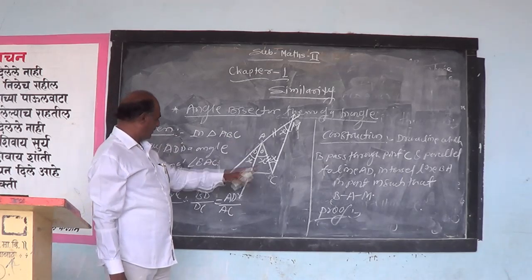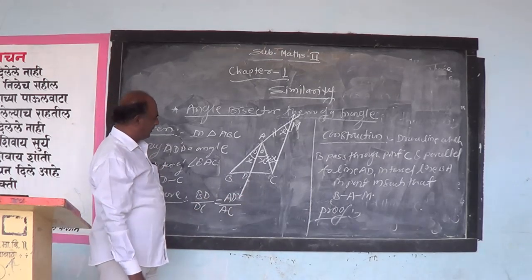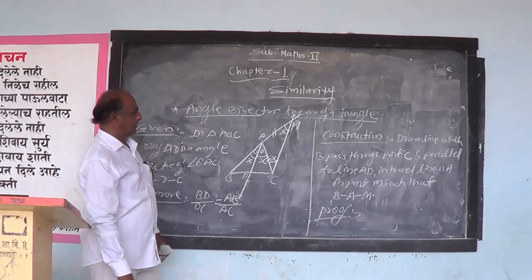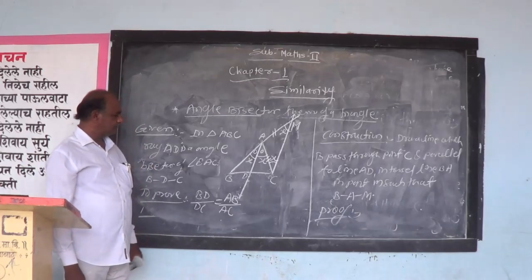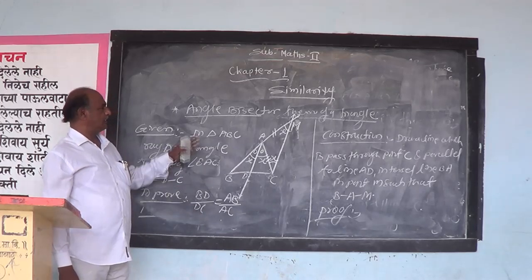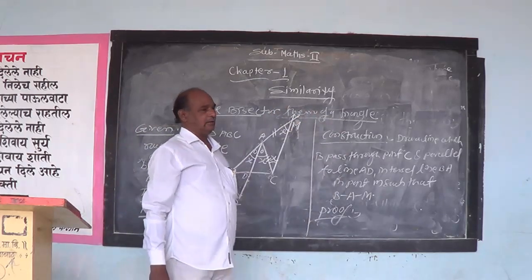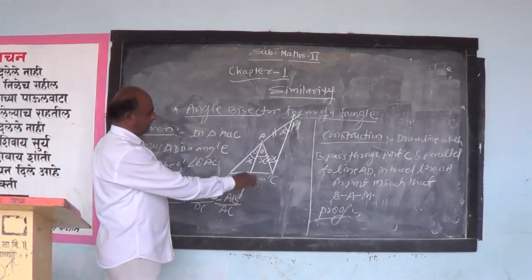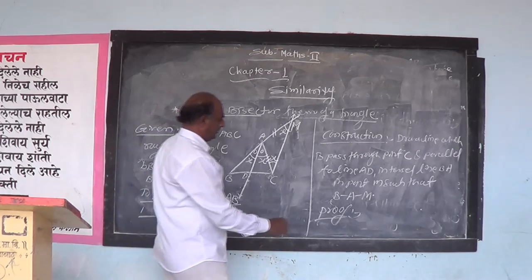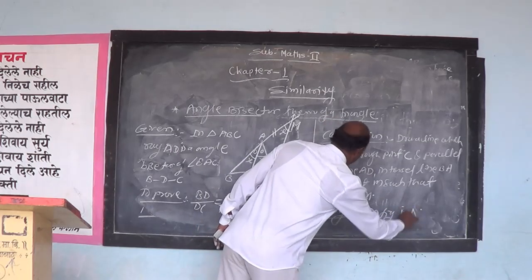AB upon AC. Meaning BD upon DC is equal to AB upon AC. In this way, we prove this statement, meaning we prove the angle bisector theorem of a triangle. Now we write the proof. For writing the proof, first we write in the figure, in triangle